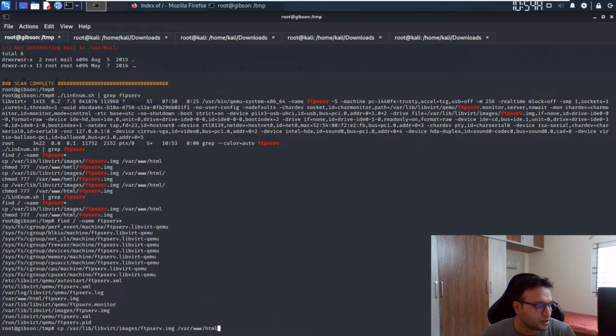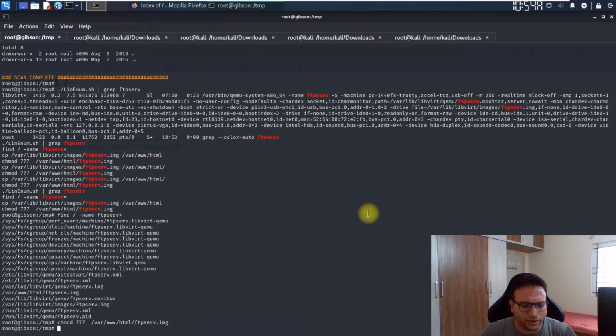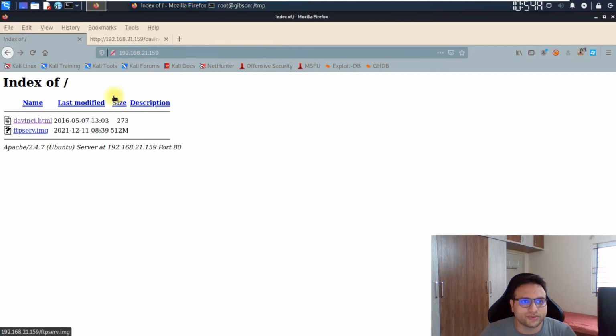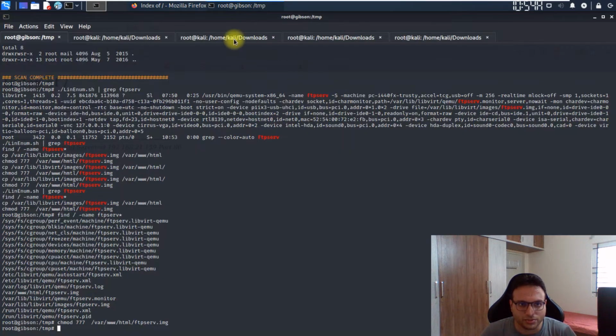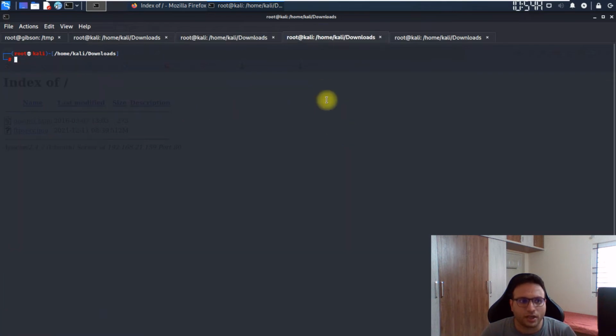Once you're done with that, you also have to change the permissions to 777. So run this, and run this also. Once the permissions are completely changed, we simply have to download this file. It's already present on my system, so I'm not downloading it again. Let's go to my folder, the base machine section, and now we'll try to access this file, srv image.